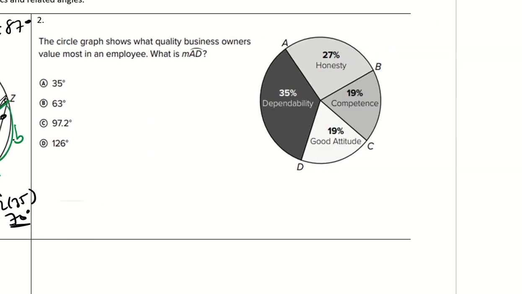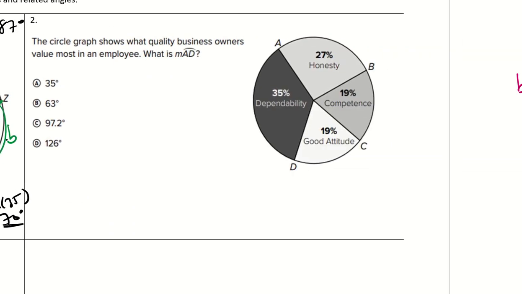All right, the circle graph shows what quality business owners value most in an employee. What is the measure of arc AD? So you want to figure out what that is. But we already know